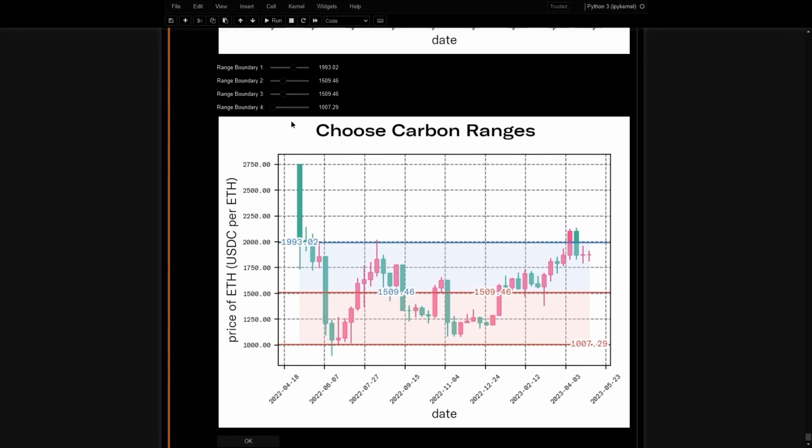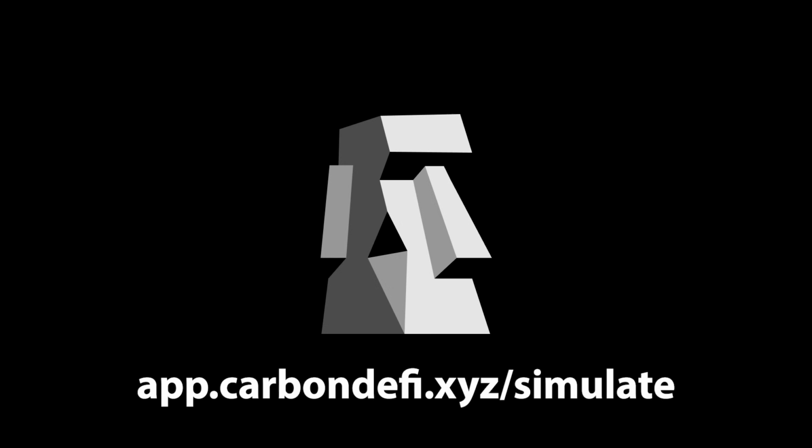The CarbonDeFi Strategy Simulator has received many upgrades since then, and is now fully available online. No downloads and no installation required. The CarbonDeFi Strategy Simulator is very easy to use. You can go to